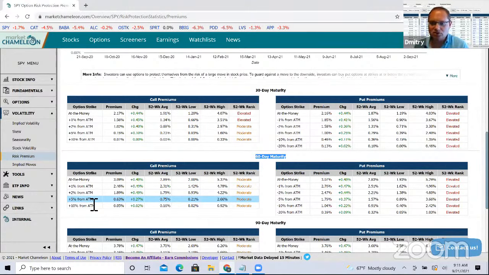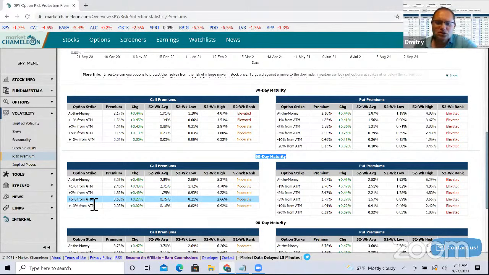I'm using SPY because there could be a very good reason for skew in an individual stock. Like, just really quickly, let's say a biotech stock. They have clinical trials or studies, and if it goes bad, then the stock is worthless, it's going to zero. If it goes good, then they could collect more money and continue. So there could be reasons for stocks to have skews, and you'd have to analyze it. But in SPY, let's just say that there's an equal chance of it going up or down by any magnitude.